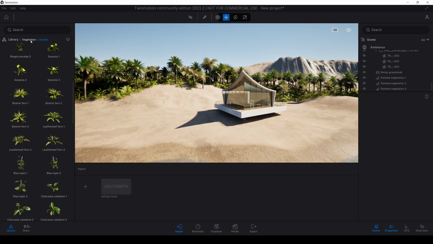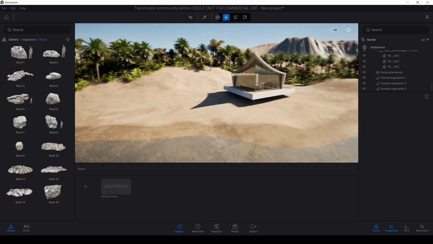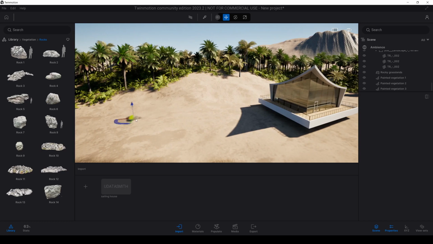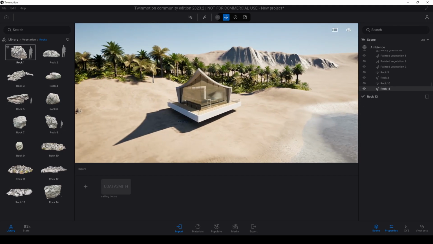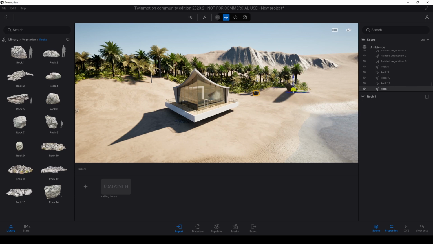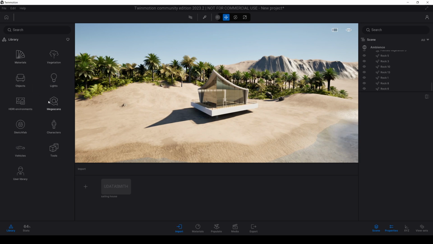Now this time we are going to place some objects. Let's go to vegetation once more, click rocks, and let's just place rocks randomly. Something like this. And also do not forget to place some Megascans objects.